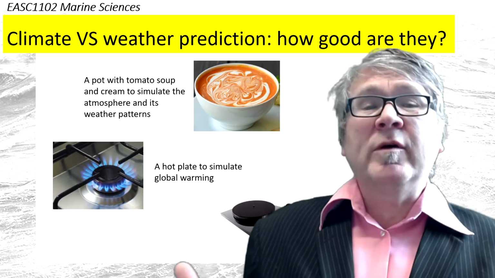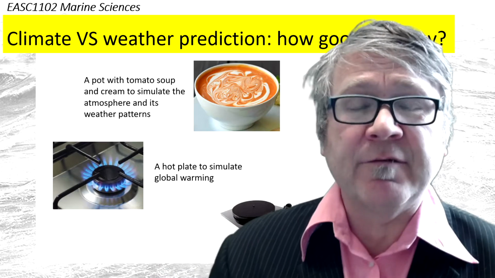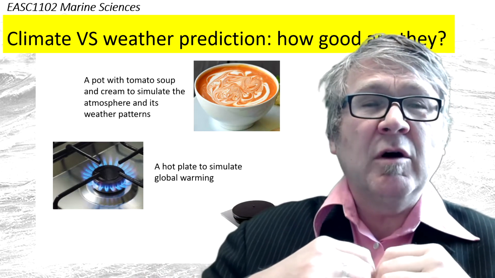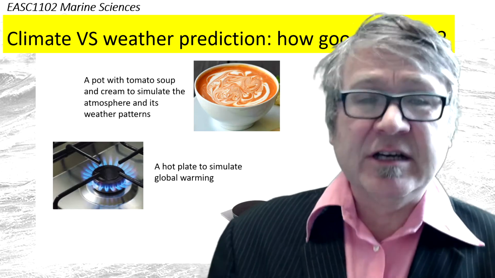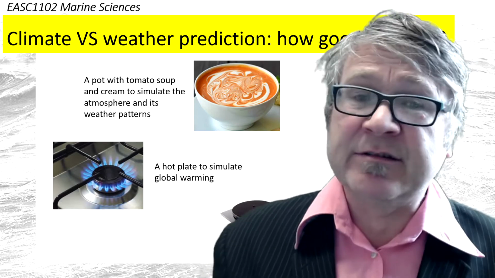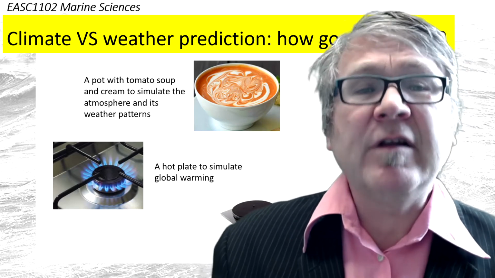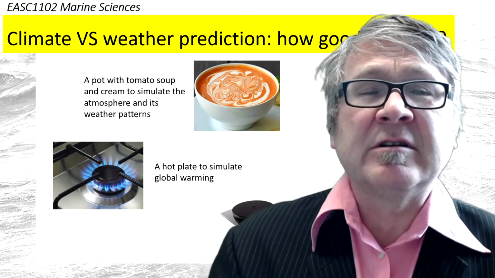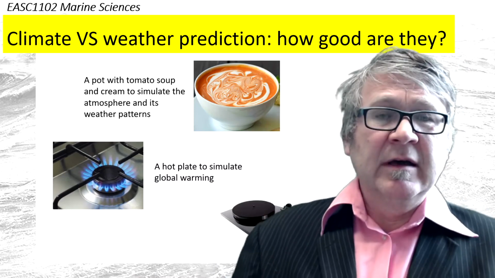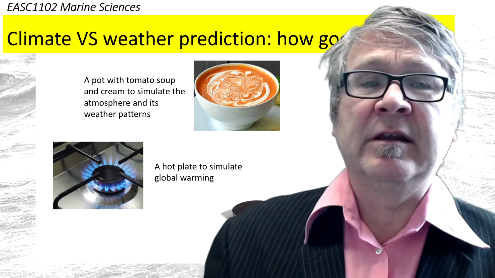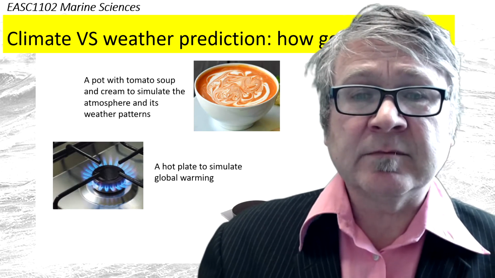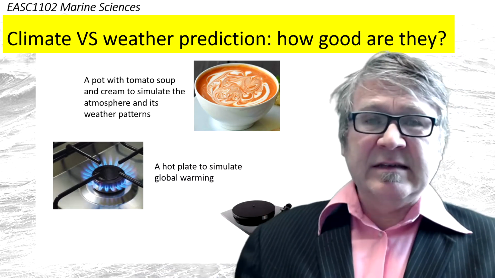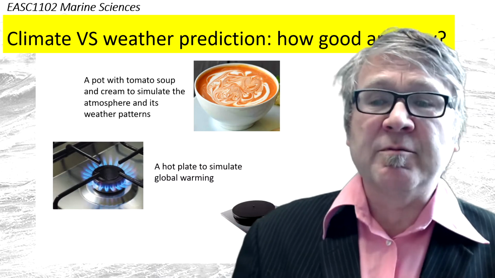That's to do with what we call the butterfly effect. You've probably heard about that. The butterfly effect is that you don't know exactly the conditions, the atmospheric air distribution, for example, at every location on Earth to make an accurate prediction. So just a tiny variation can lead to a big change in the future. This is called the butterfly effect. Look that up. That is the main problem for weather prediction.